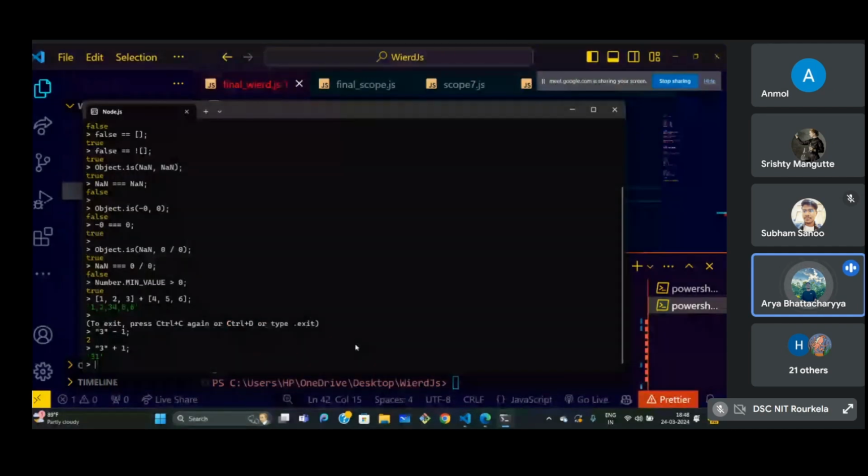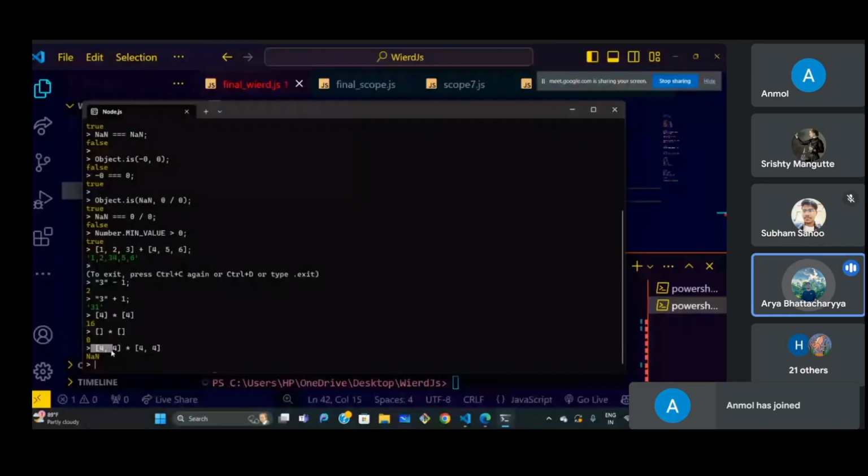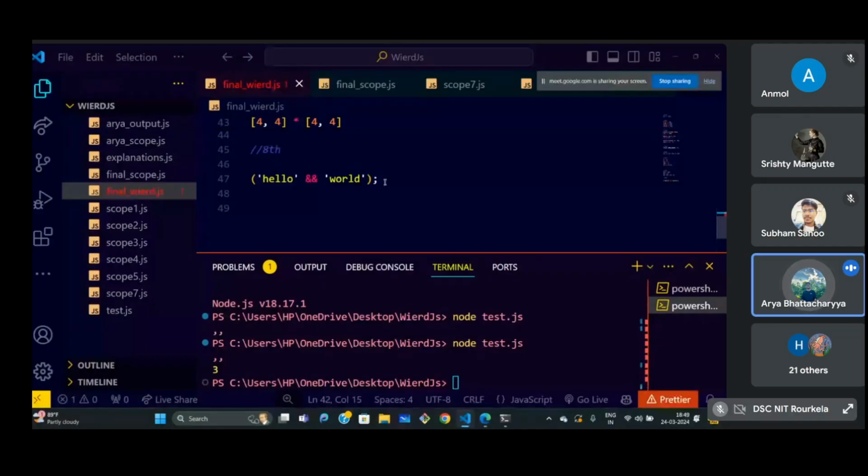Let's check that up in Node whether we are correct or not. Yeah. So 4 cross 4 as a single element array is returning 16. This is primarily 0 into 0, which gives 0. This is nan because we cannot convert a multi-element array into a number, so this would not return anything. So that is it. And the last question coming up on the weird behavior is this.